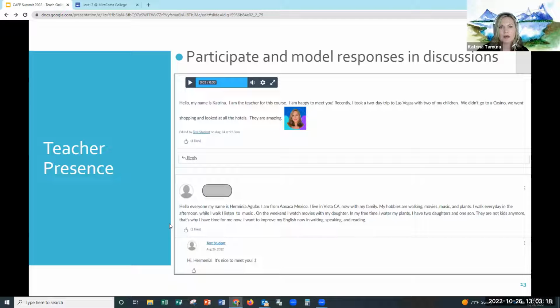Students do copy you, hopefully not verbatim, but if you model for them, they will copy what you're doing, and then they'll eventually make it their own, and they'll start having discussions with each other based on what you have modeled for them. And those do get fuller and richer each time students give it a try.